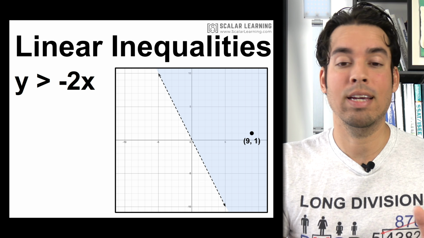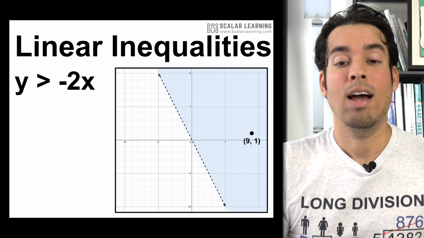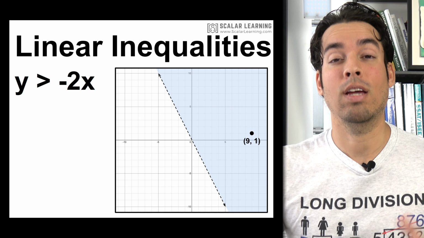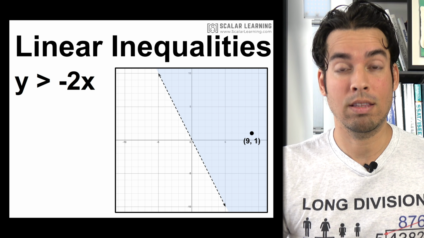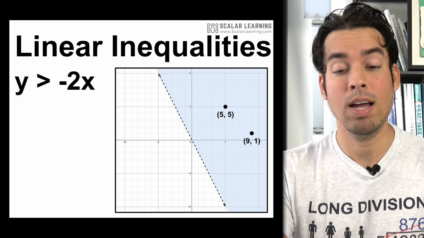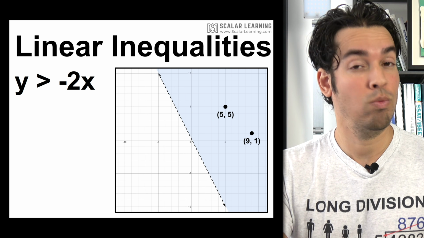And it works again because if I plug in 1 for y and 9 for x, I get 1 is greater than negative 18. That's a true statement. That just helps us verify or validate the fact that we've graphed this correctly. Here's another solution, 5, 5. And once again, if I plug that in, I get 5 is greater than negative 10, which is again a